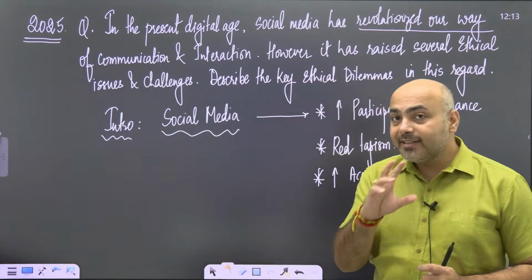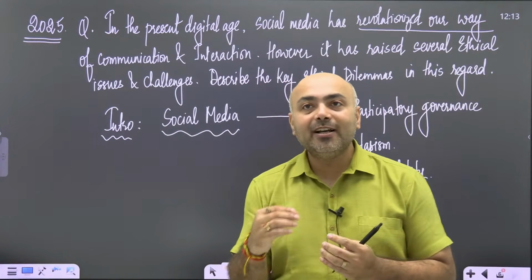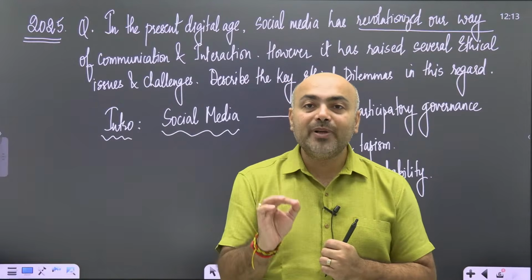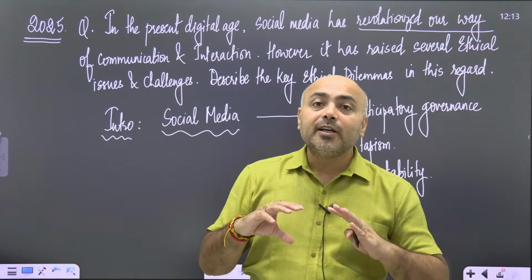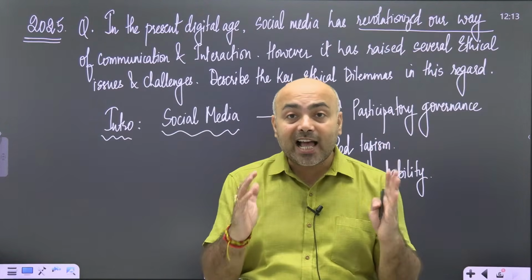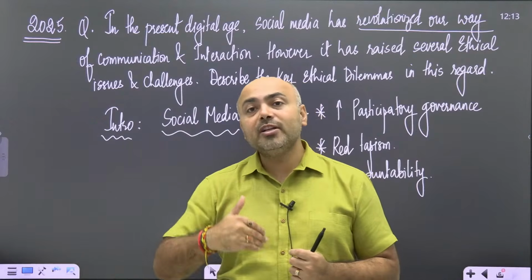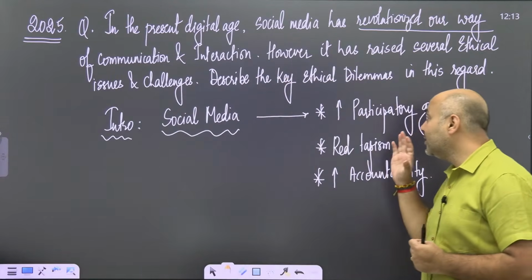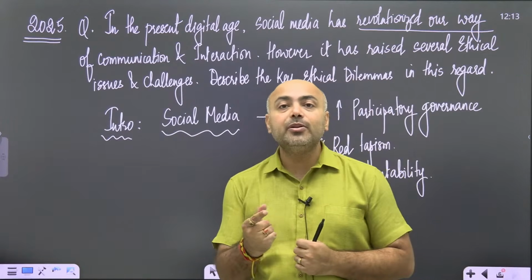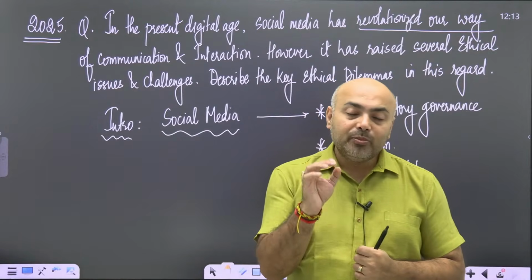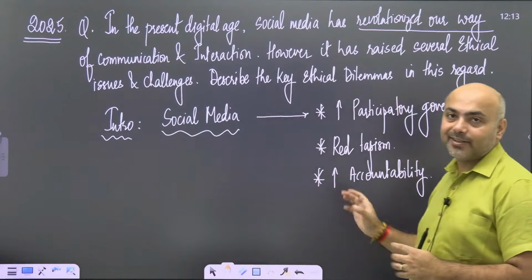Okay? Look, as I said, you are supposed to describe it. But in social media, writing a first sentence to describe social media may not be that effective. So rather than going for a description of social media, you could come up with the impact that social media has caused, because it has revolutionized the communication system. It has affected participation, accountability, and has even contributed to quick decision making in the government. And therefore it has completely revolutionized the way governance is carried out. You can add it here. Okay? Now,